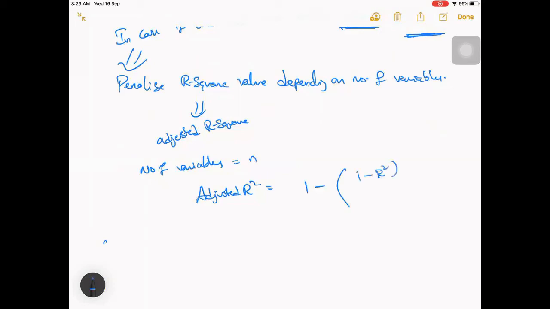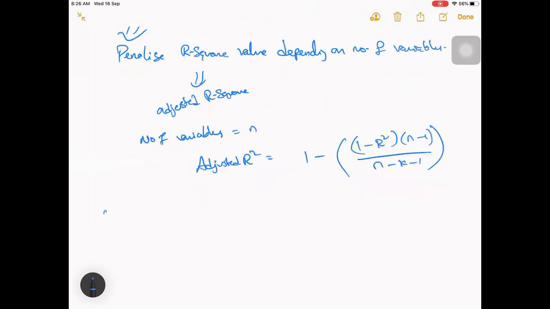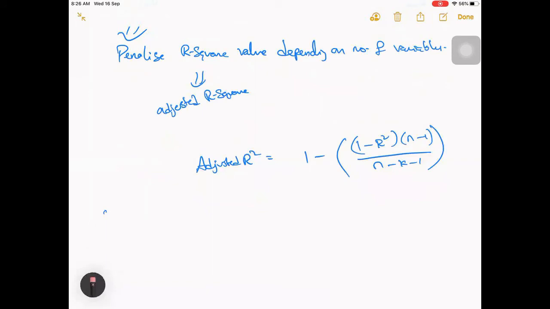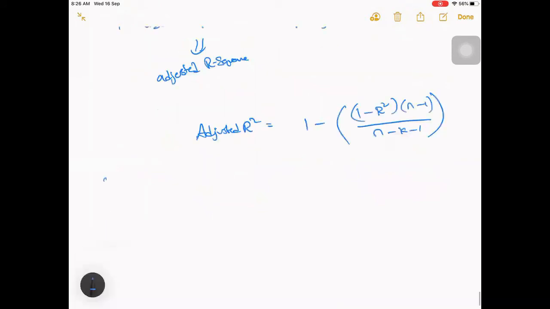So there is a big formula here: n minus k minus 1, where n is the number of data points, k is the number of independent variables, and R is the previous R square error.